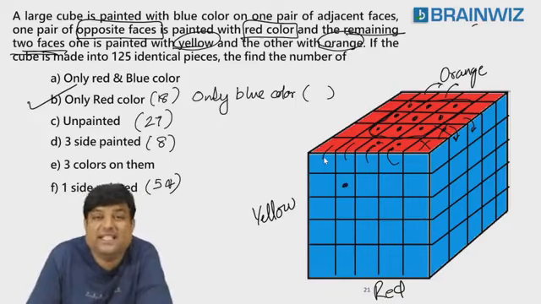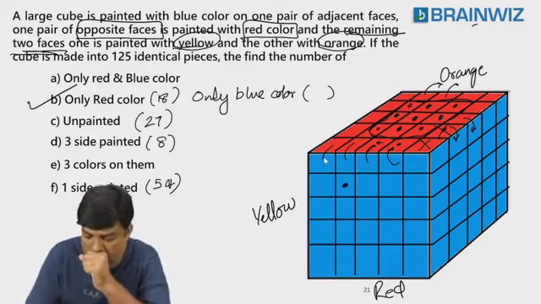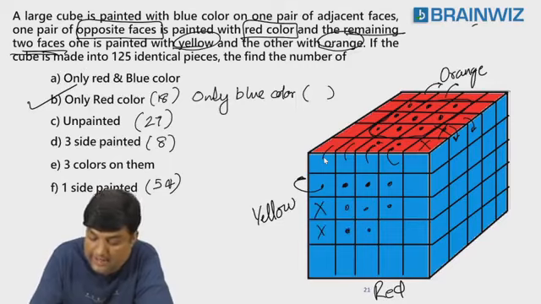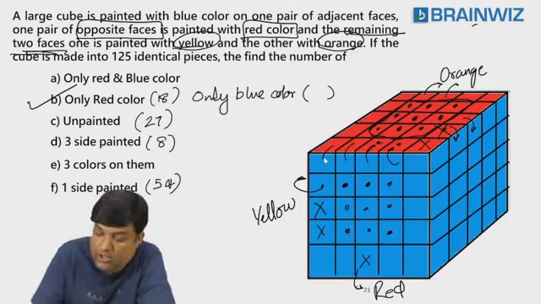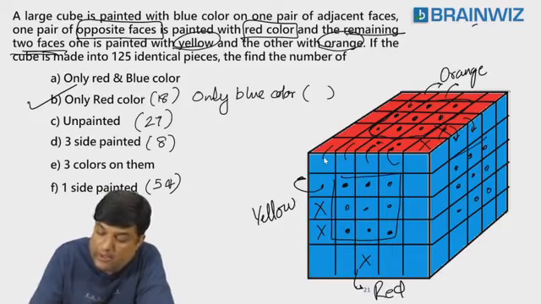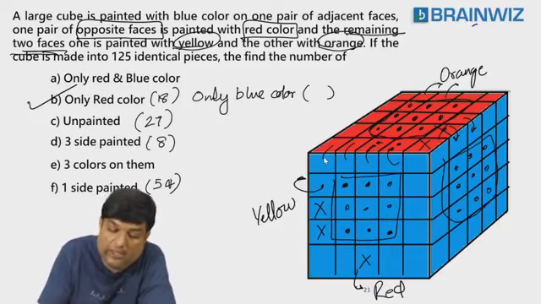Only blue? Yes, sir. Only blue? No, sir, yellow touch. Only blue. No, sir. Only blue. Yes, sir. Only blue. No, sir. Bottom is red. Only blue. Yes, sir. Only blue. Sir, how many on the front? 9. How many on the right? 9. Below 9. 9 plus 9, 18.